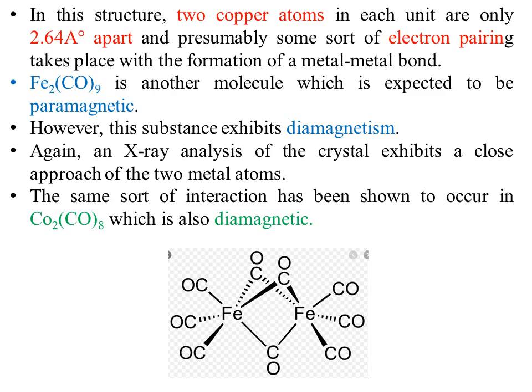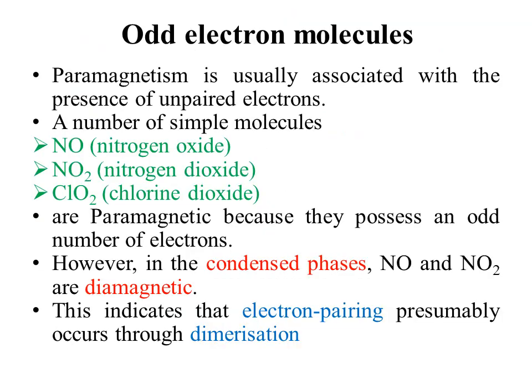So this is the structural representation of the complex that has iron as a central atom. These iron atoms are close enough to each other. Individually, both of these irons have one unpaired electron, but when the molecule forms a dimer, these electrons are shared with each other with opposite spin and become a pair. So, due to formation of a pair, the molecule will show the phenomenon of diamagnetism.